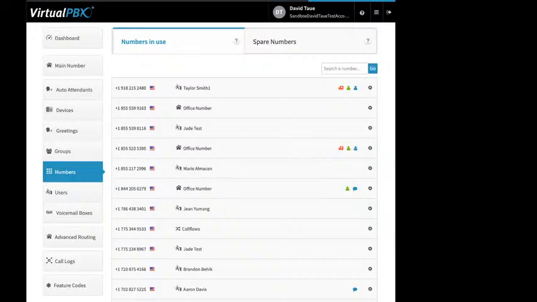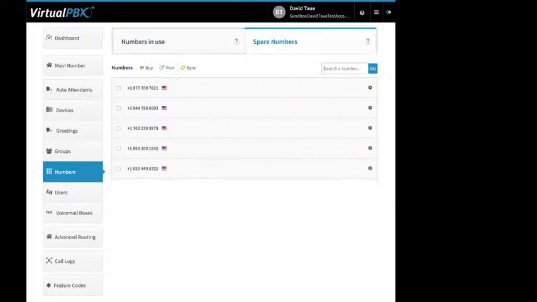Next up is numbers. These are all the phone numbers on your account and where you're using them. All right, you've got the little gear icon here, so this is where you would update the caller ID, E911, and prepend, etc. Then we got spare numbers. So these are numbers you're not using. So since I'm over my allotment of phone numbers, if I want to decrease my bill, what I want to do is keep an eye up here where it says numbers,